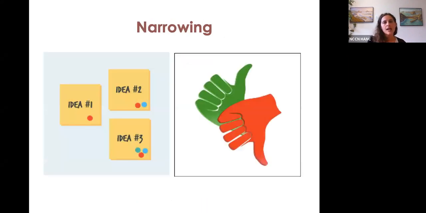And with the narrowing, we did a little bit of that in the activity that we just did with the prioritization. We, as a group, listed a whole bunch of behaviors, and then I asked you as the facilitator to pick your top 3. That gives folks a contribution to what decisions are being made and what ideas are being put forward.